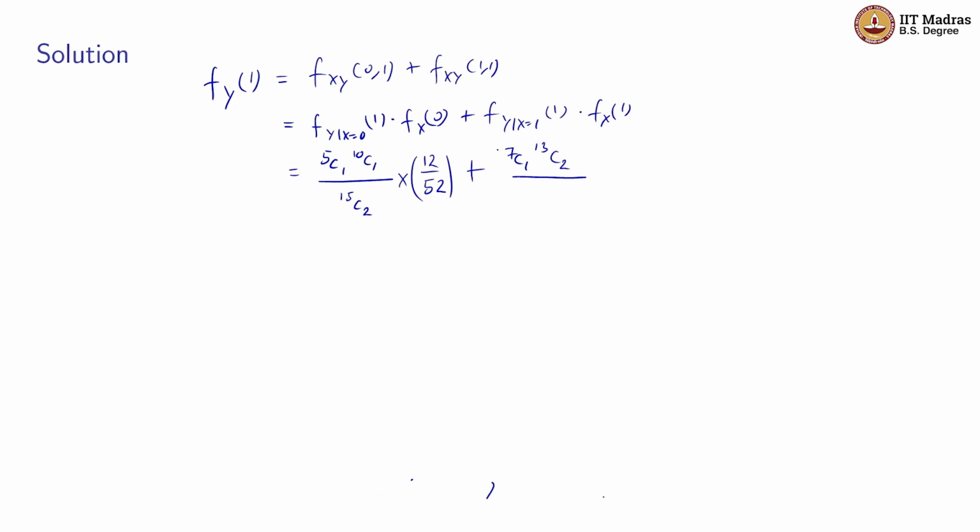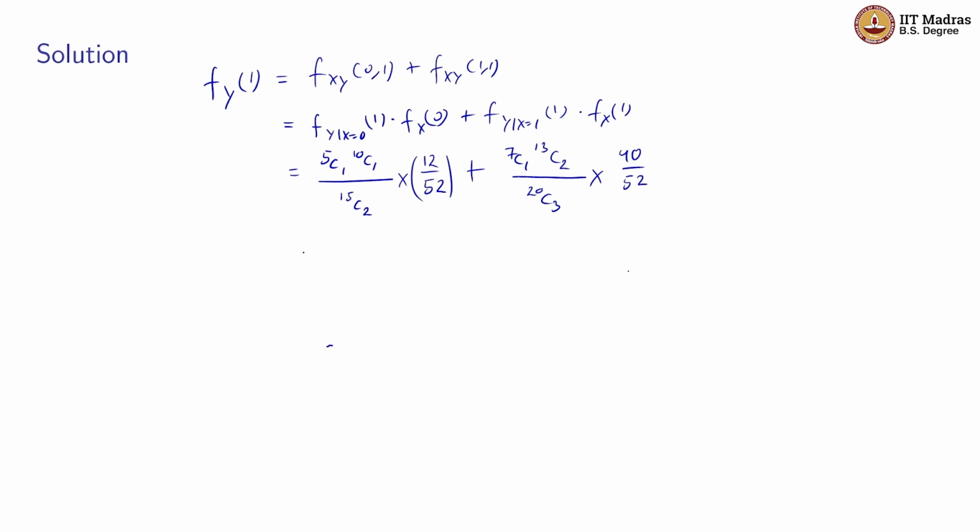This is all possible ways in which we can select one red ball and two balls which are not red, divided by 20c3, which is all the ways in which we can select three balls from bag B which has 20 balls, into marginal x is equal to 1. This is the probability of not getting a face card, and it is